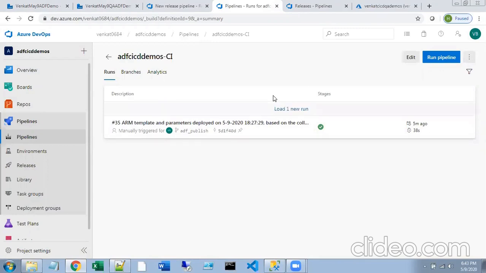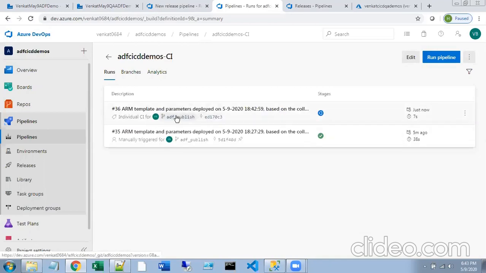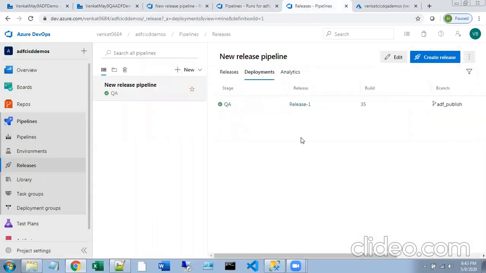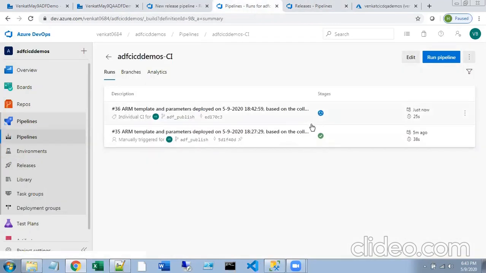See, the code has been completed. Committing has been completed and it has started creating the new build for the latest code. Once this is completed, the release will start automatically. It took 38 minutes last time. Let's see.